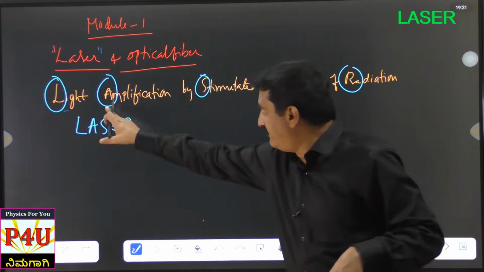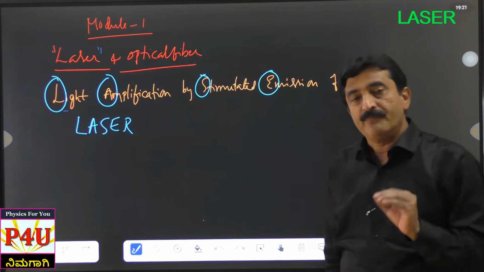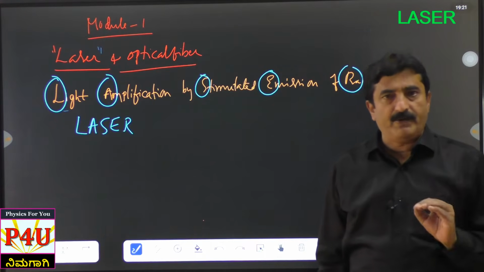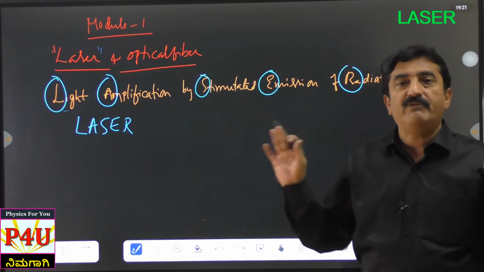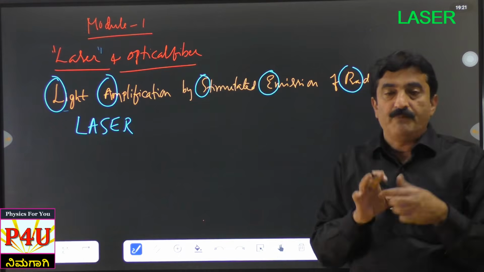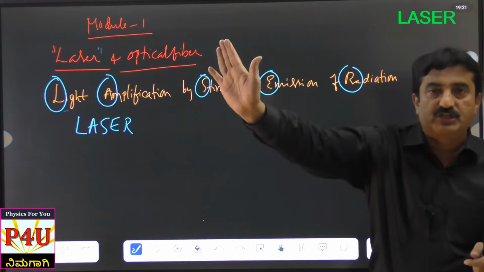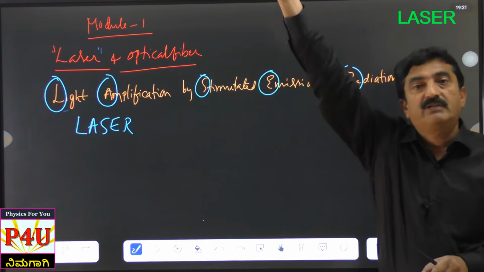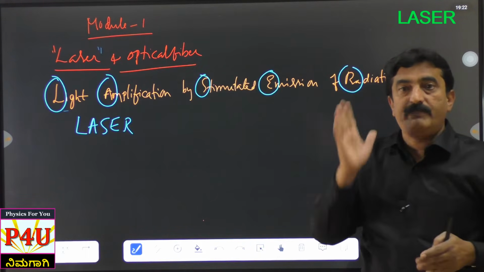Before I go ahead with the explanation of laser, let me talk a little bit about the history of laser. See, laser is a highly powerful beam. It is nothing but a light beam. Highly powerful. Highly powerful means how much, sir? You cannot compare it with ordinary light at all. Just one or two comparisons I would like to give. If you switch on the torch, the light travels maybe about 50 meters and vanishes. If you switch on a laser source, it will travel several kilometers of distance. So strong it is. It can travel in a narrow, collimated path.